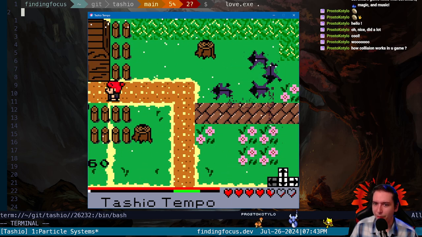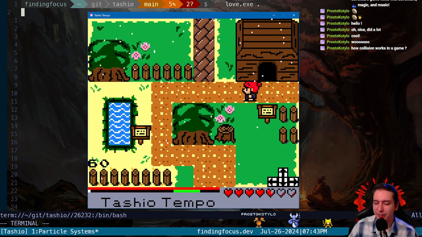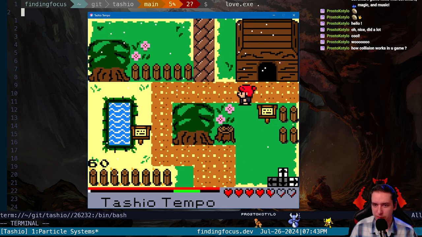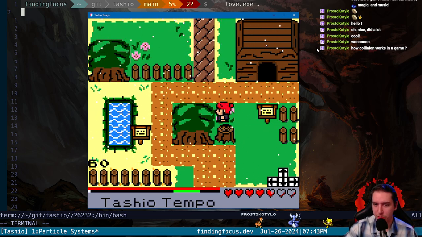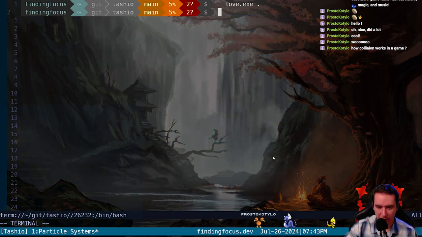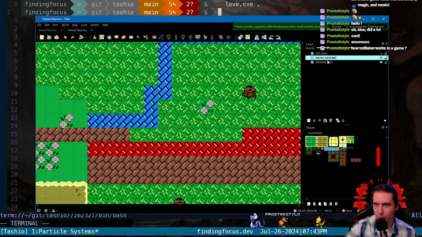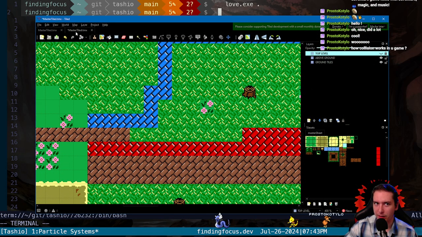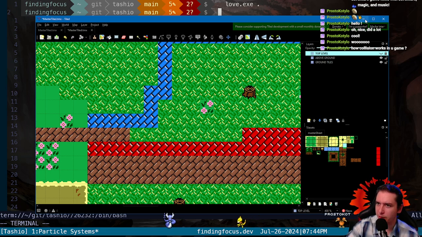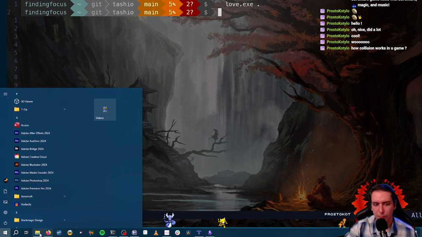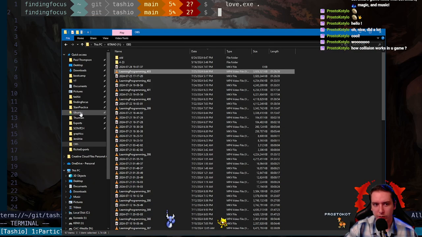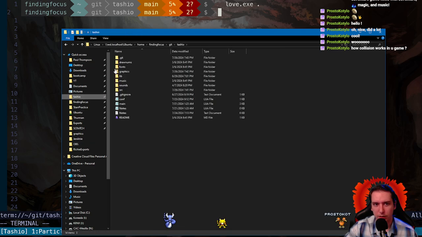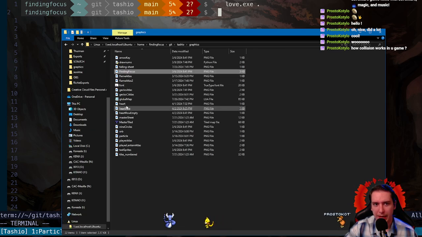Dude, okay, so collision is a little interesting in this game so far, because I changed my system so that we export 3 layers from Tiled. I feel like you've used Tiled before, right, Prosto? You might have been the guy that told me about it. But once we go to Tiled, we export a